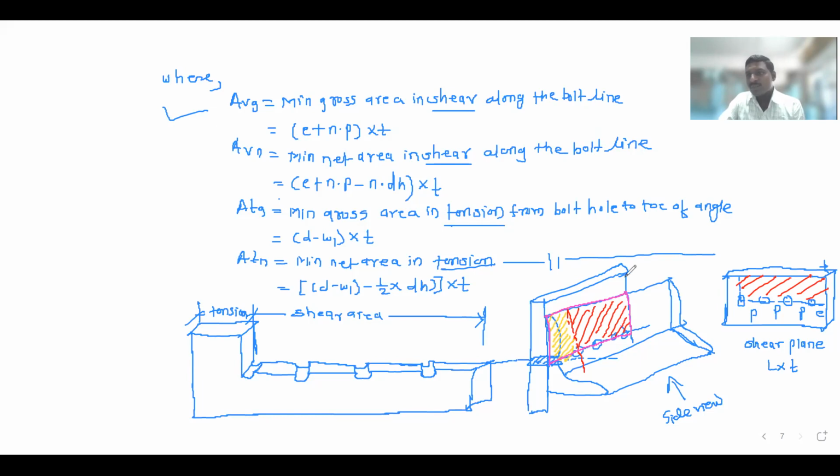बरोबर आहे का? Length into thickness म्हणजे area असेल. So total length ही length आता calculate करायची आहे. कशी असणार आहे length? कशी calculate करणार? E plus P plus P plus P म्हणजे ही length मिळणार आहे की नाही shear ची? E plus P plus P plus P. So if we add this, we will get total length. बरोबर आहे का? आणि ह्या लेंथला ह्या थिकनेस न मल्टिप्लाय केली काय मिळेल तुम्हाला? शियरचा एरिया मिळेल. तो कोणता? ग्रॉस एरिया मिळेल. ओके.